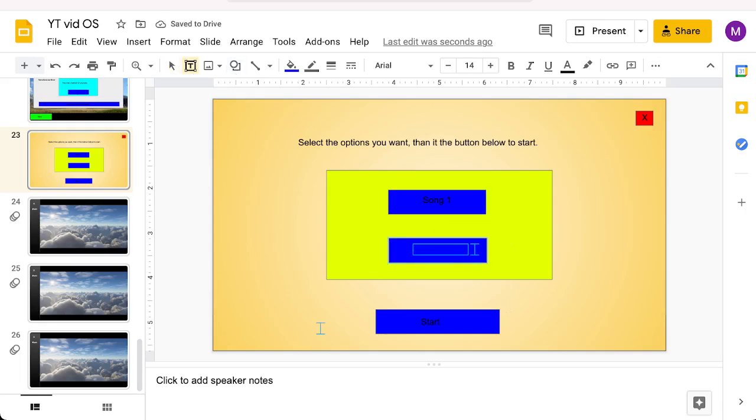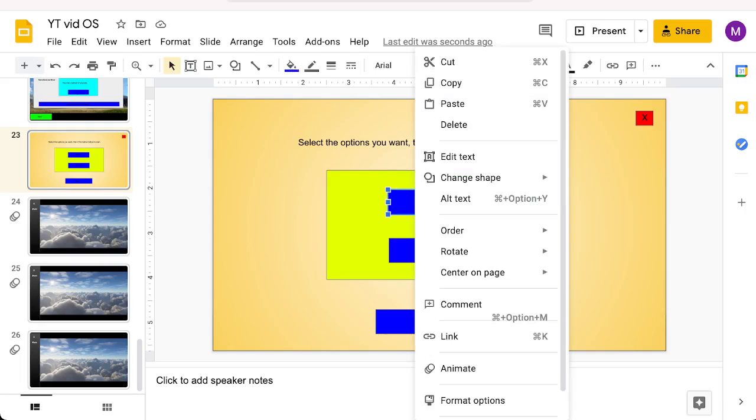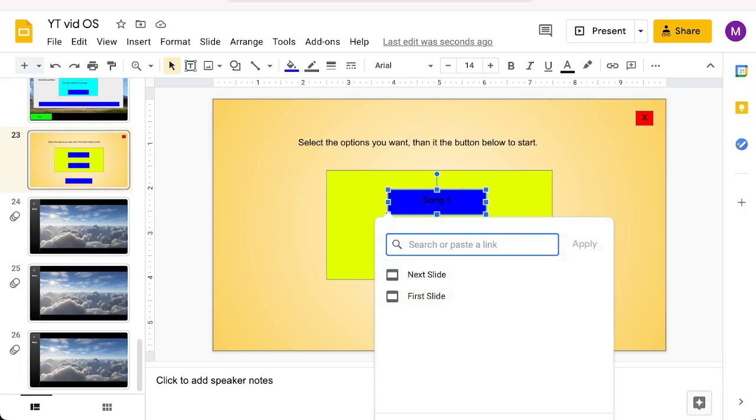And add song 2. And then even it out. Just like that. And then these, you can link these up with